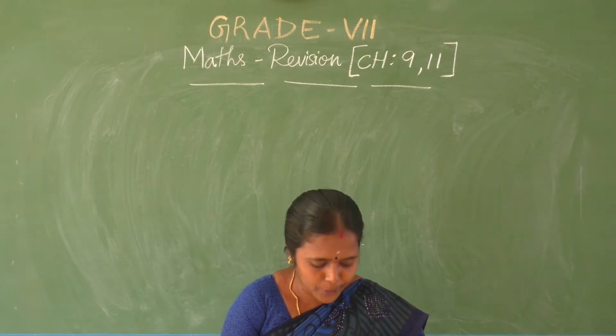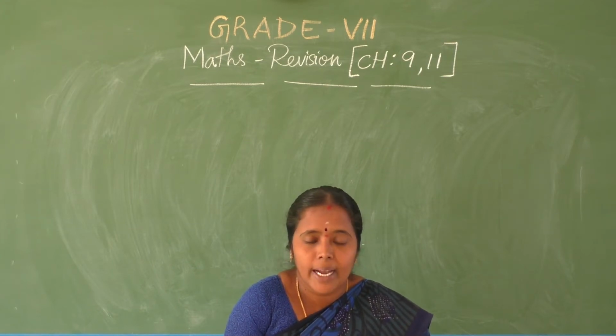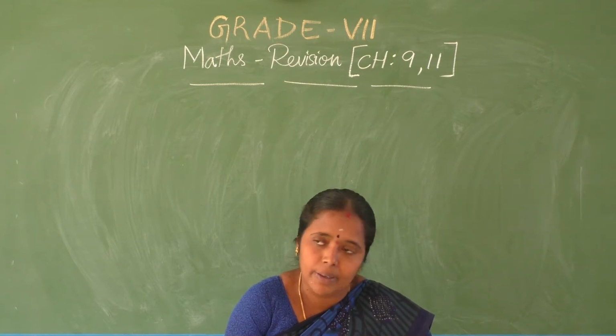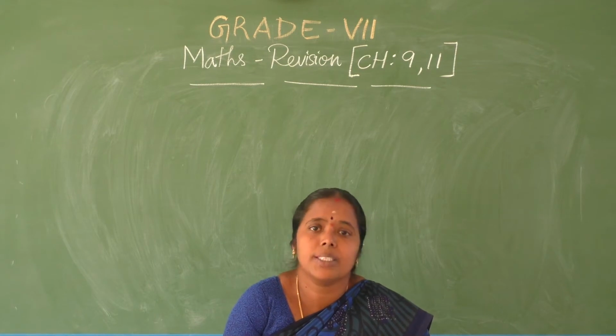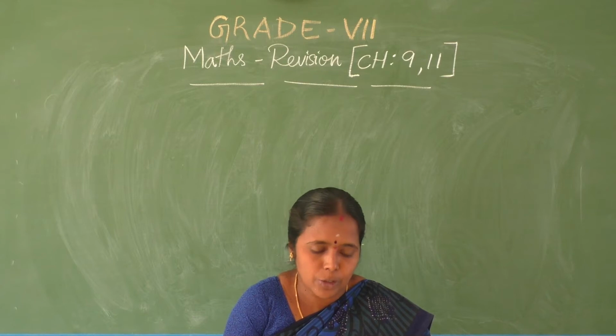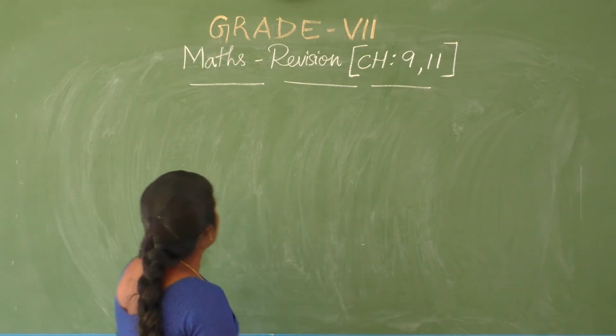Today we are going to revise chapters 9 and 11. Chapter 9 is rational numbers, and chapter 11 is perimeter and area, the mensuration topic. We are going to revise these two chapters in this section. Okay, chapter 9, if you see,